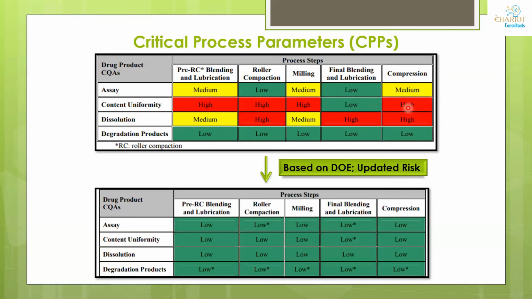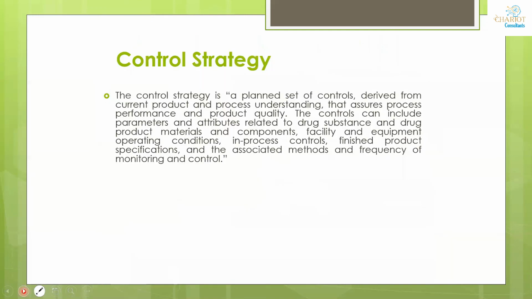So once you have evaluated from the design space, and once you have finalized that these are the parameters that I will keep for my compression, in that case you will update your risk to low. So this is how the industry works. First of all, you need to identify this, then you have to rank it, and then mitigate those medium and low risks.